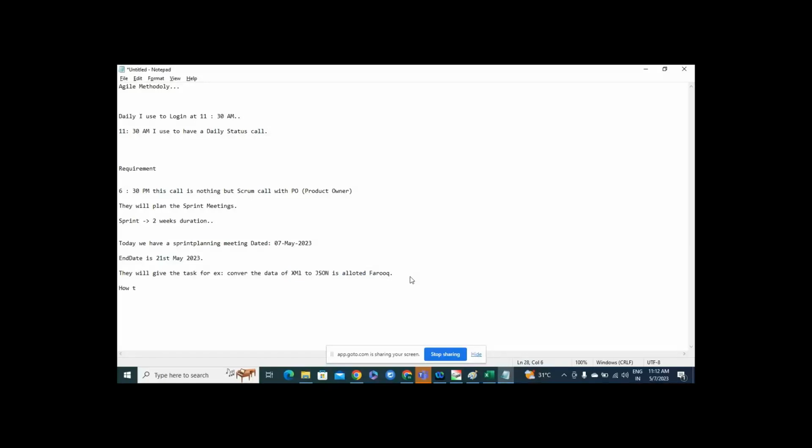In our organization we are tracking in Jira. First they will create a Jira ticket, let's say the ticket number is 12345, and they will assign it to Farooq.